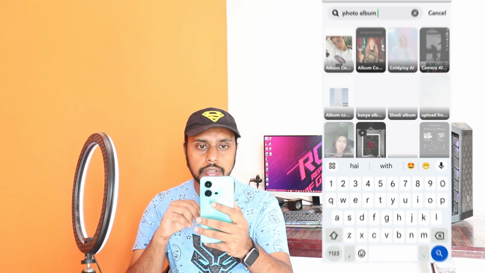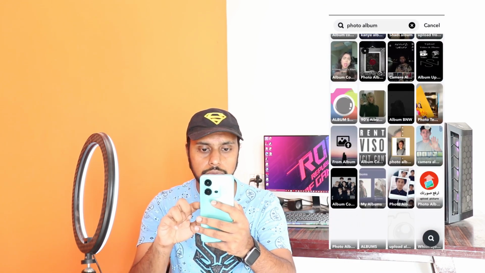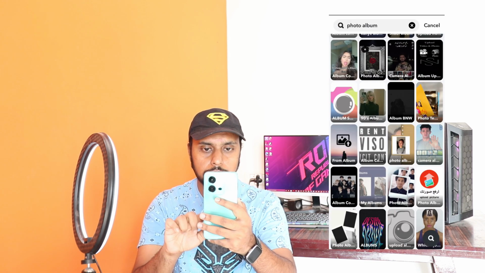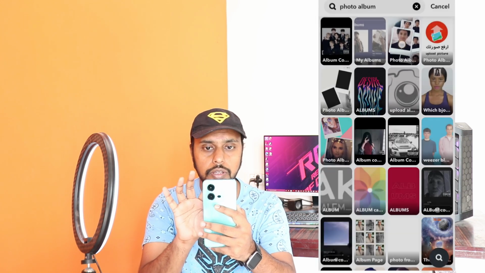So after typing photo album, you can find a lot of photos here. You just swipe down and you can find this photo album here. So it might be the third one, the third filter I'm talking about. Click on this third filter and you can find this photo filter, which is really awesome, which also enhances your